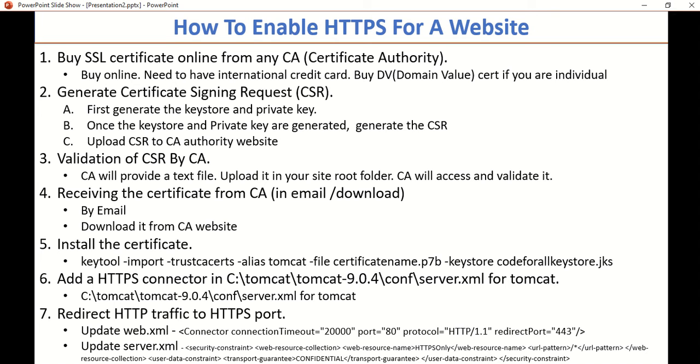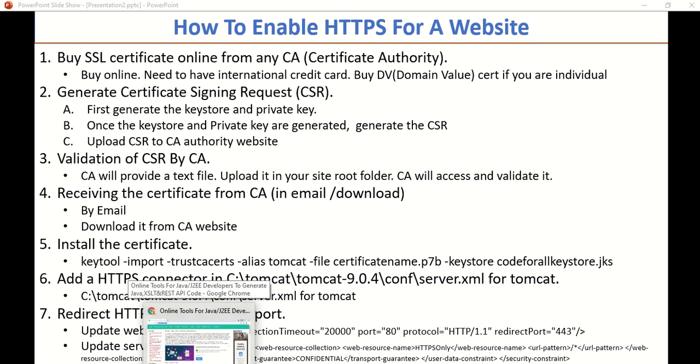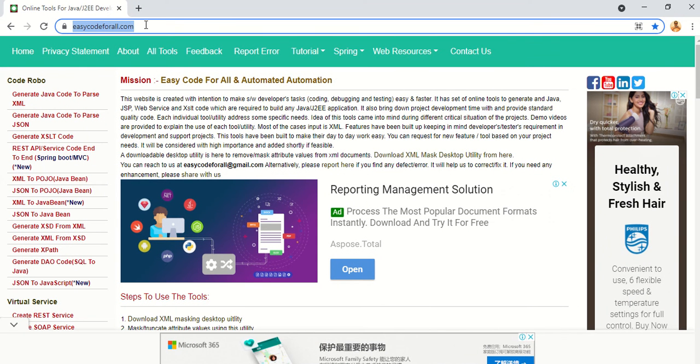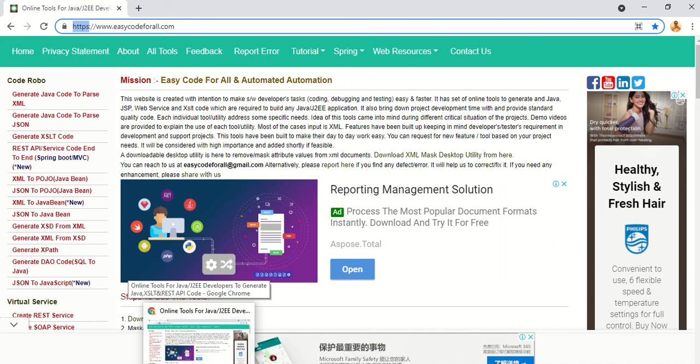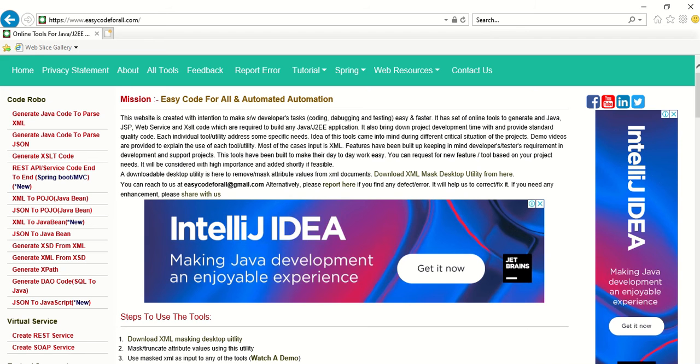We'll go into details. Before that, let me show how it looks when you make your website HTTPS enabled. If I go to any browser, this is Chrome, and your site is HTTPS enabled, here you will see a lock and your protocol will be HTTPS. You can go to any other browser, Chrome or IE, and it will be the same.